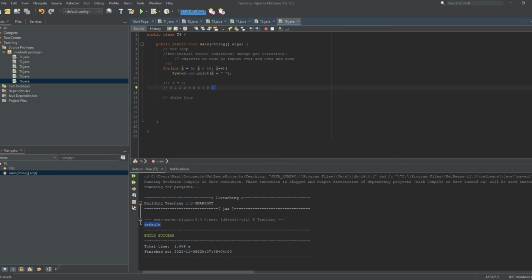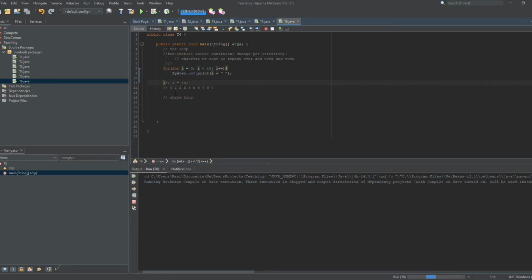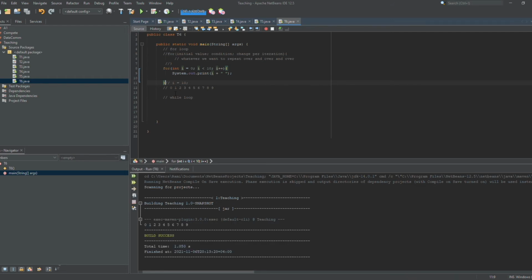When it prints 9 and we exit the loop, the I becomes 10. Then when we go back here, we check if the I is less than 10. It's not actually less than 10, it's equal to 10. So this condition becomes false and we quit the loop. Let's run the code to verify that. And as you can see here,